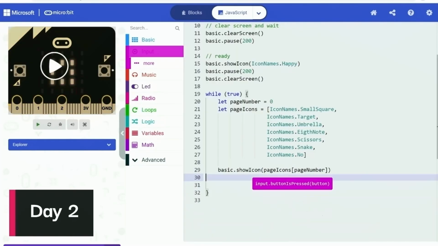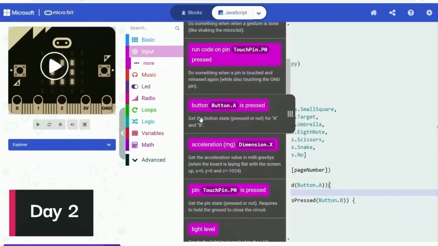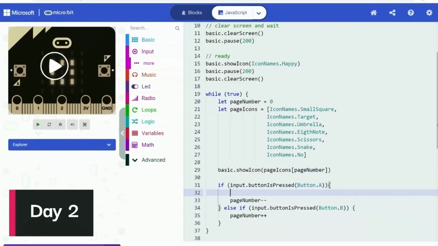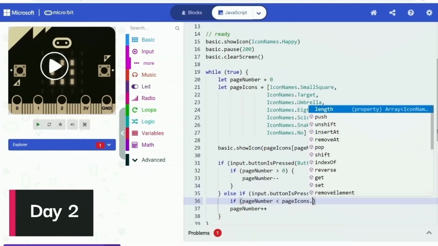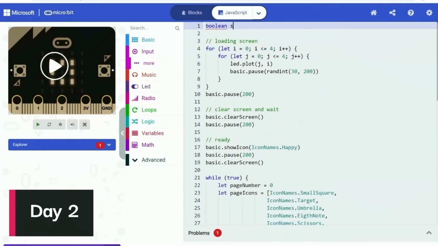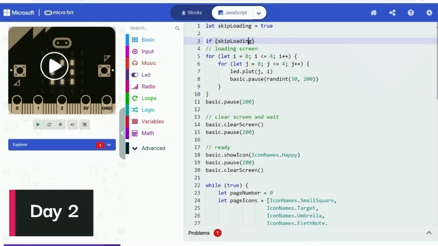From what I planned, the user should be able to use button A and button B to switch left and right, going through all the functions and choosing the one the user wants. I used the built-in functions to check the status of the 2 buttons, and the switching was simple logic. I only needed to apply operations to the variable indicating the index of the function that the user is on. And by the way, I also spent a minute or 2 adding a simple logic at the beginning so I can skip the loading, which was planned to save some time when I debugged the program.